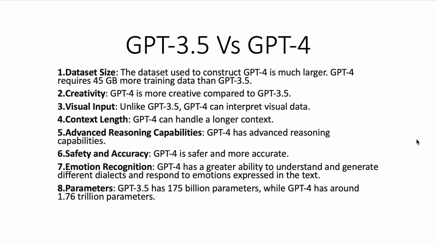And the most important factor, which I have taken last, is the parameters themselves. If you just see the numbers, GPT 3.5 has 175 billion parameters, which itself is pretty huge, whereas GPT-4 has around 1.76 trillion parameters, which is again intense, a pretty huge number. So with the most diverse data set, it's going to be more accurate in its responses, in what it is going to create. So these advancements make GPT-4 more precise in its findings and significantly improve its ability to